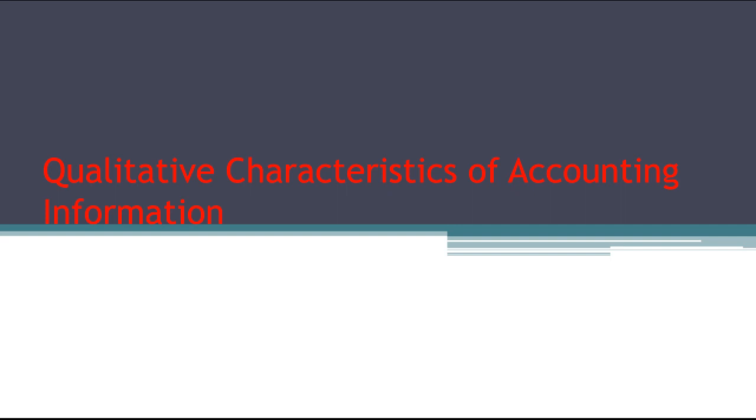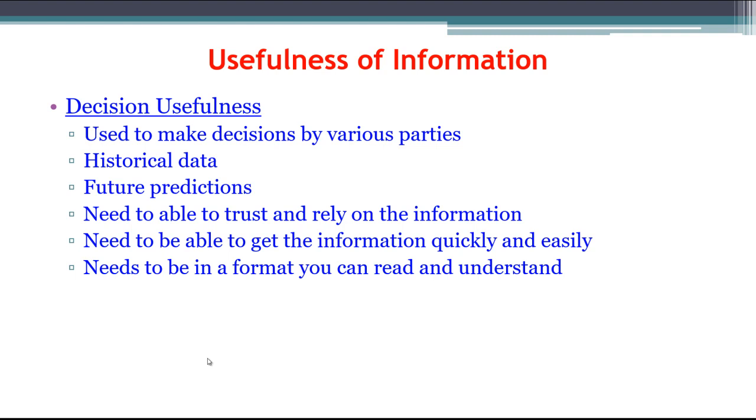So to start things off here, we have to talk about information, accounting information and really any information. Why is it useful? How is it useful? The purpose of information, the usefulness of information from an accounting perspective is that it has to be useful in making decisions, also known as decision usefulness. So the point is, some parties, internal, external, whoever, are going to be using this information to make decisions. Again, there are a variety of decisions that would be made. We're just talking generally here.